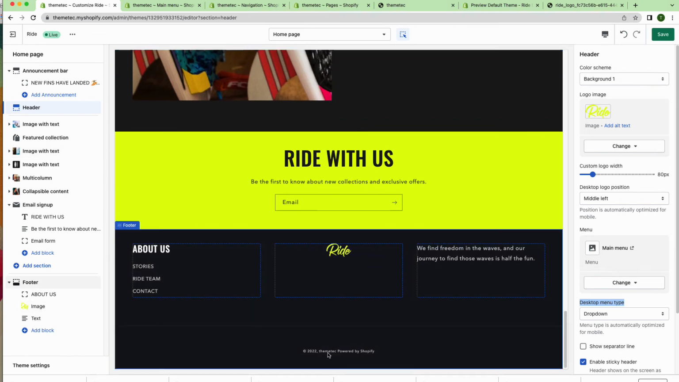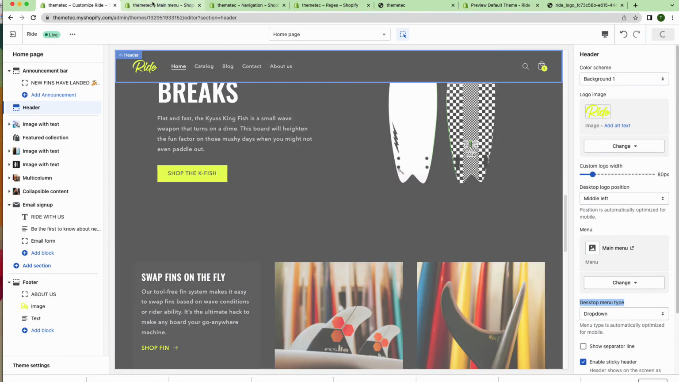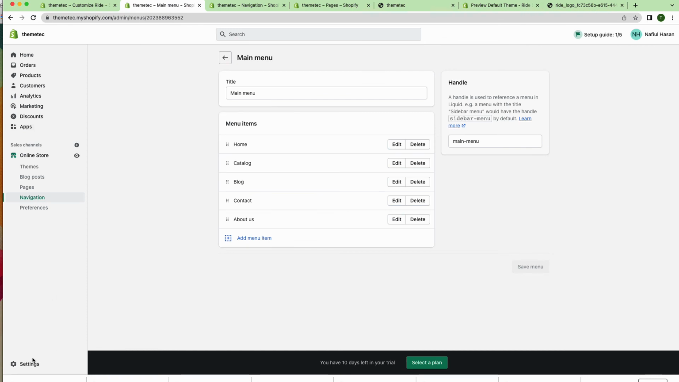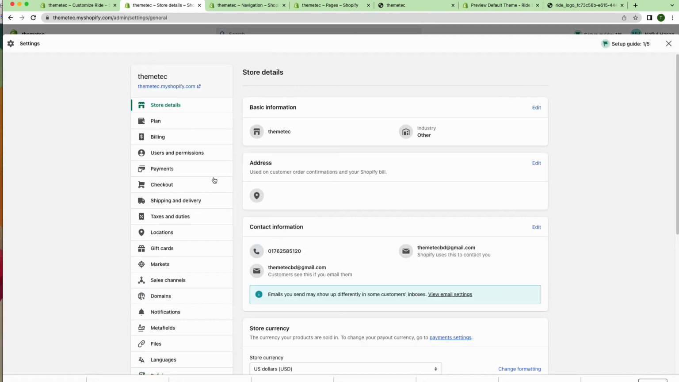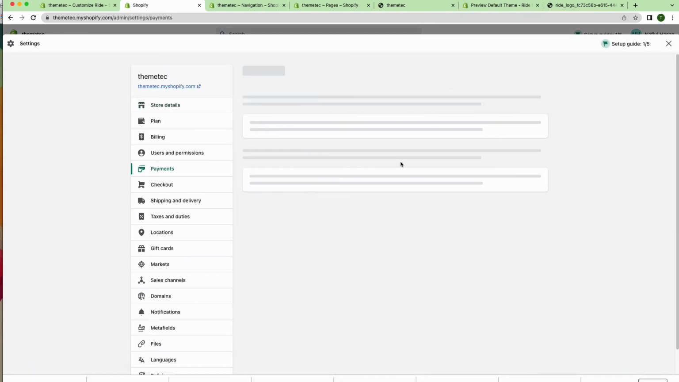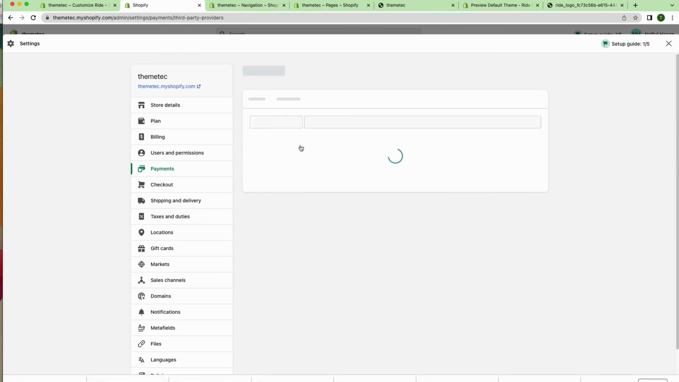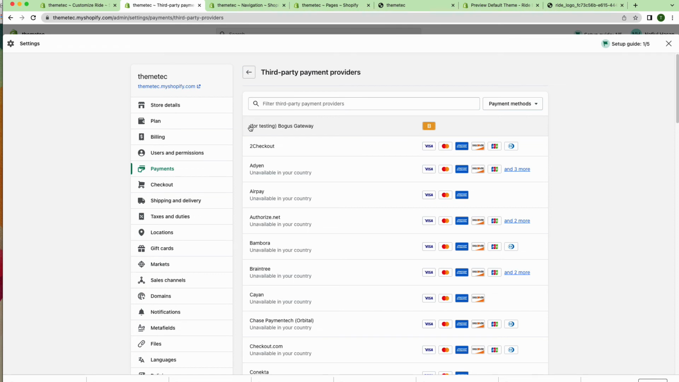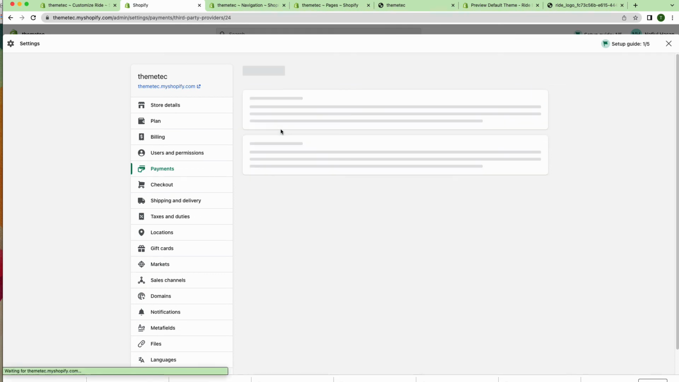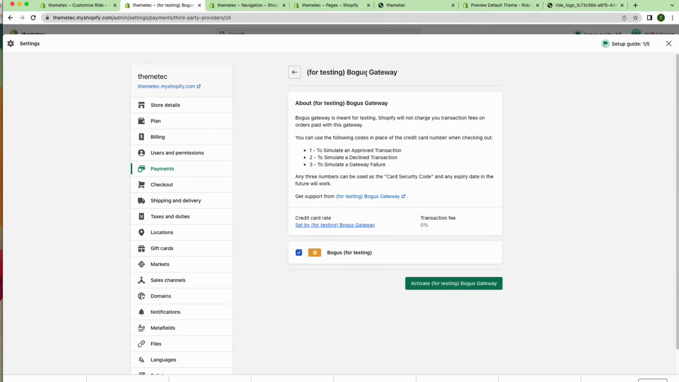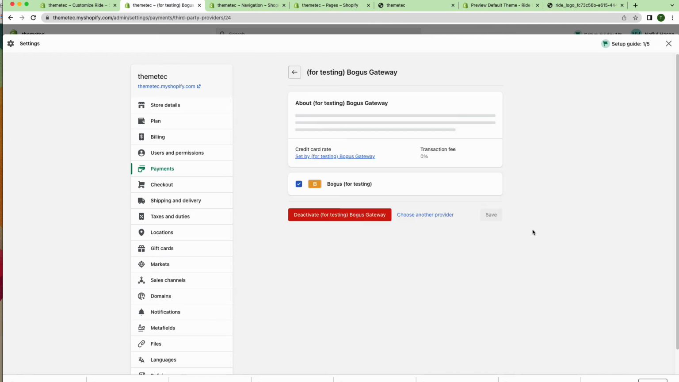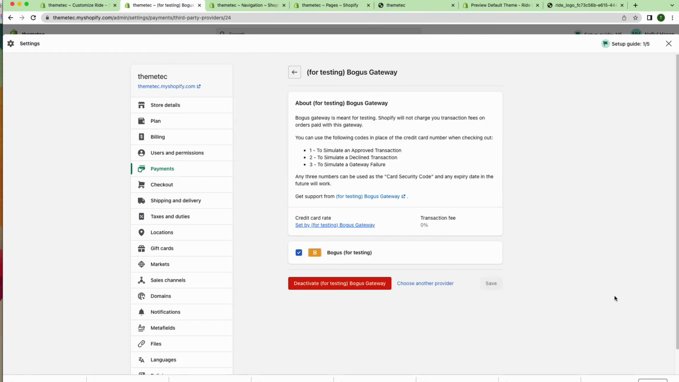Okay, now what we need to do is set up a test payment gateway. To do that, I need to go to settings and then payments, choose payment provider. For testing, as you can see, the top one is for testing. I'm going to click on that, the bogus gateway, and activate. Okay,